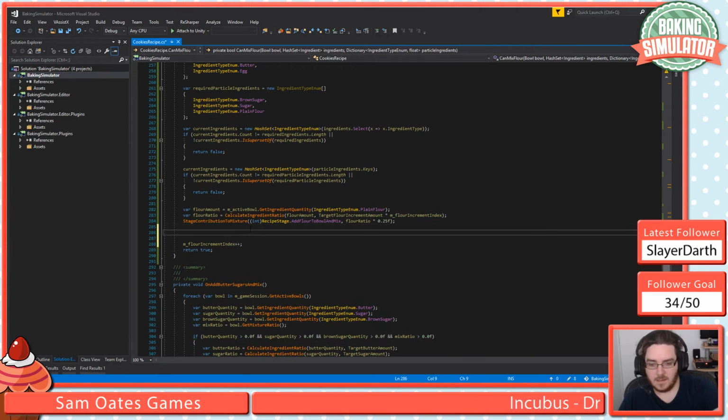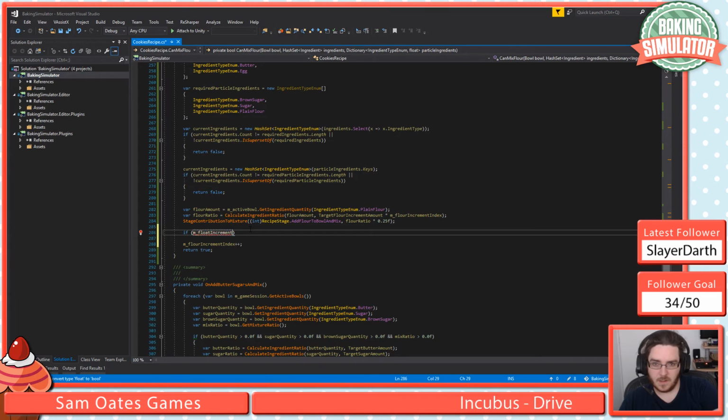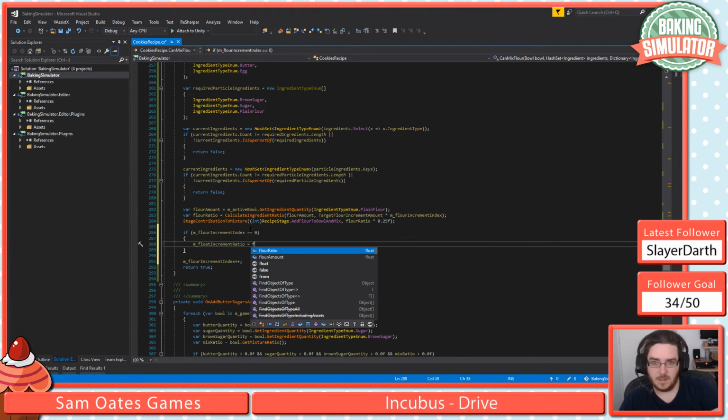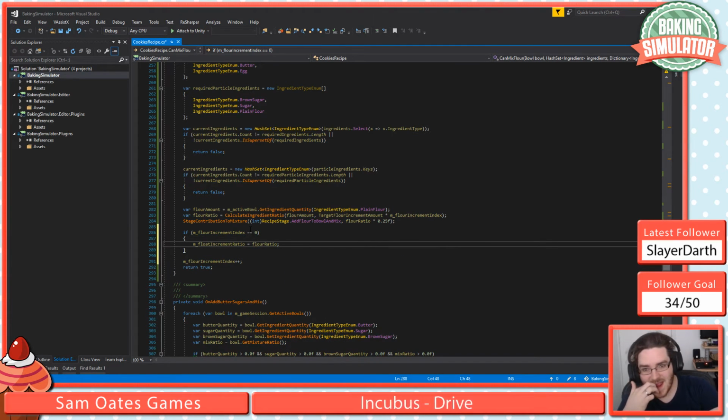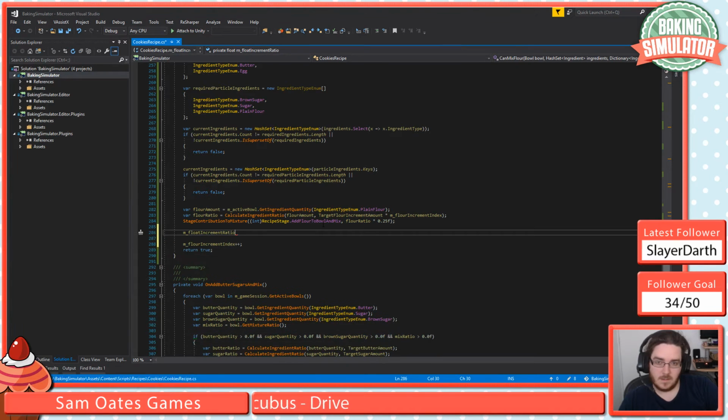Or, to be fair, we can just say if flour increment ratio, nope, index is 0, then our ratio is our flour ratio. I'll do this plus equal it and then divide by the target increment amount. Yeah. So if we got 1s all the way,